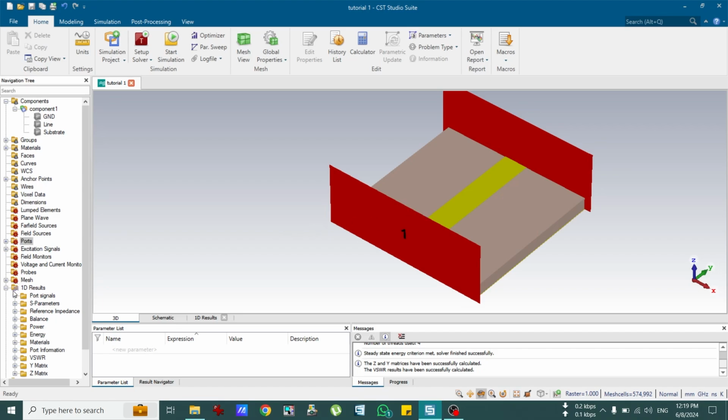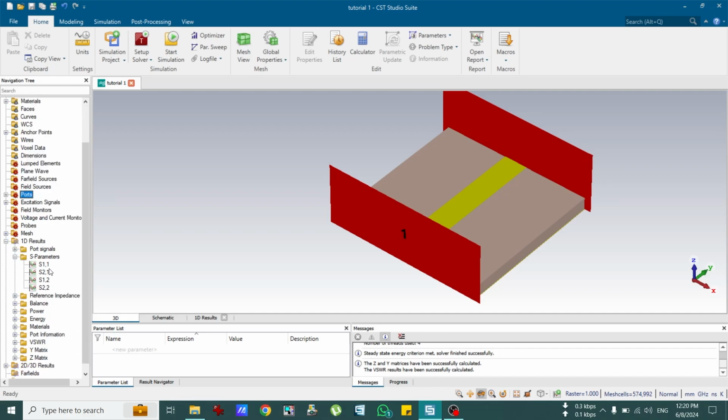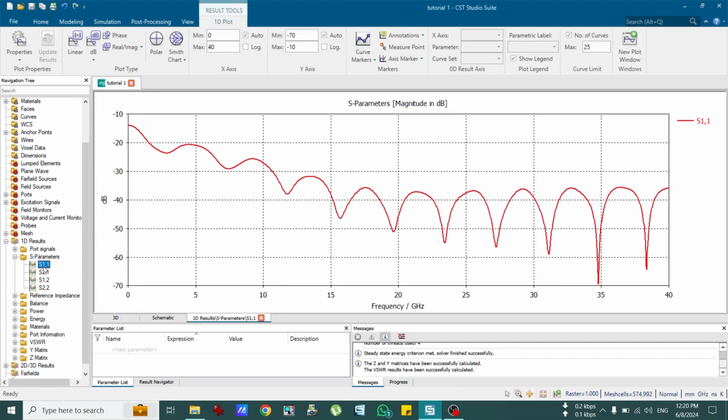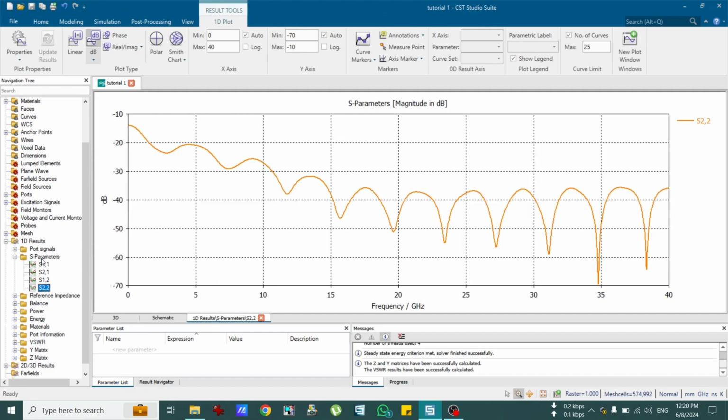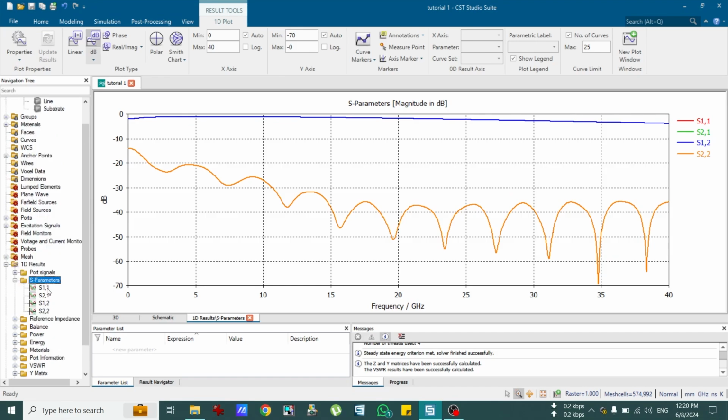So for that, what we are going to do is simply click on the 1D results and go to S parameter results by pressing this plus sign, and here you can see that we have four different results, that is S11, S12, S21 and S22. So the thumb rule for reading this: